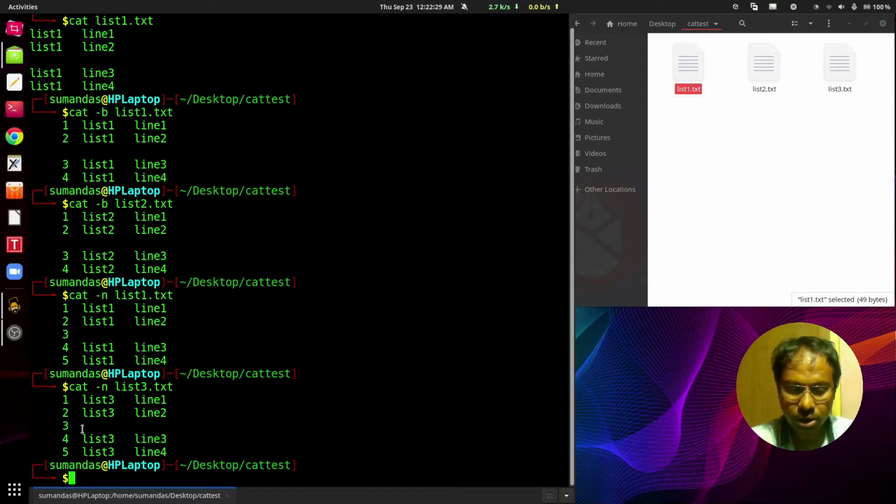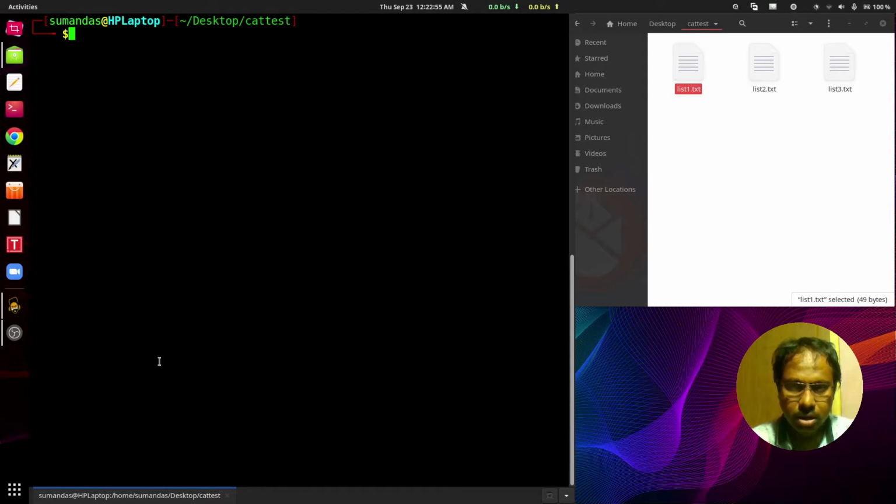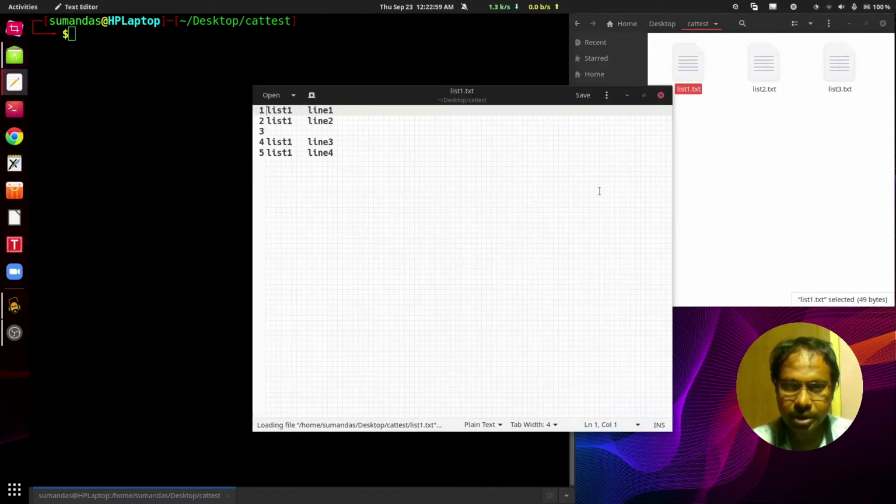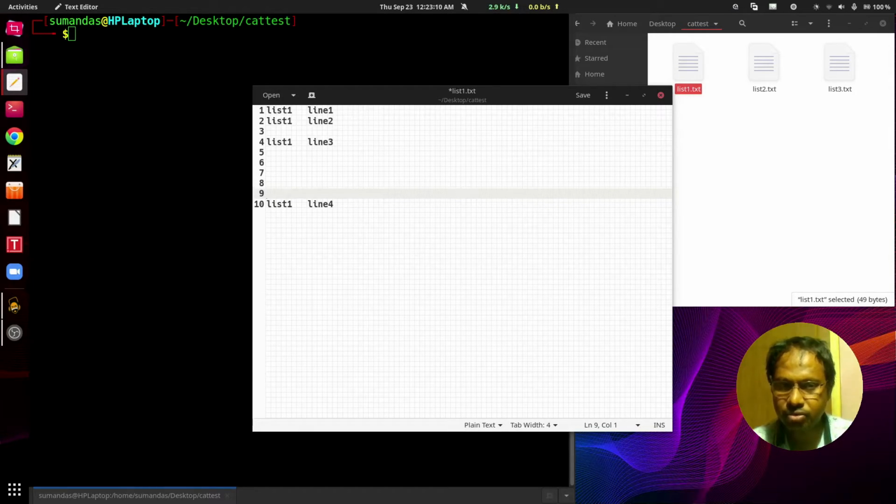Press Ctrl L. Now suppose we edit the list1.txt with gedit. That means here I am increasing the blank lines in list1 between line number 3 and line number 4.